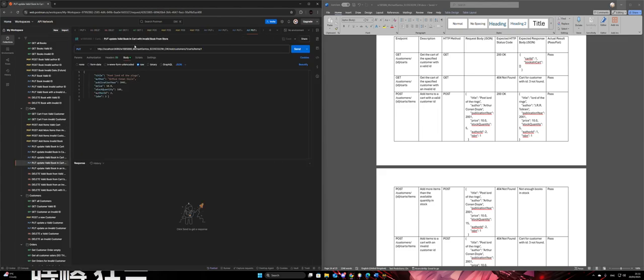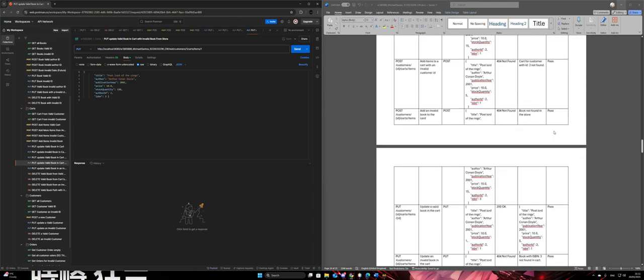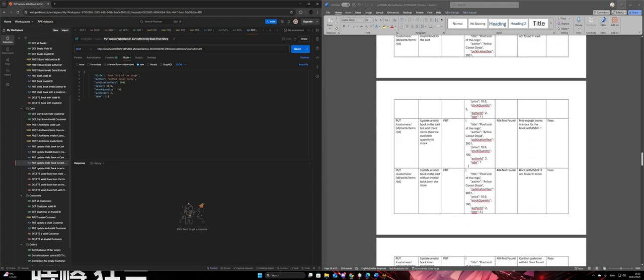Now we will try to update a valid book in the cart with an invalid book from the store. So this is a valid book in the cart, and we will try to update with this book from the store. And it says the exception: book for ISBN not found in the store. Now we try to provide an existing book